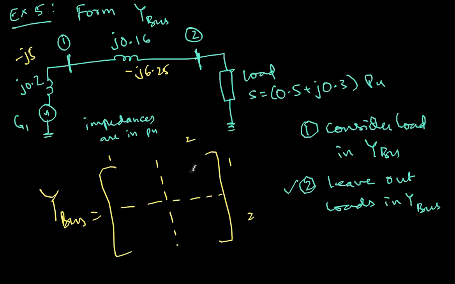so I'll get, so this minus will not be there, so j6.25. And this I'll copy here, j6.25. Now the diagonal element, I just add everything, so with a minus sign, minus j6.25, and then minus j5. So this is there. So the total will be minus j11.25, but then I'll just write that here,